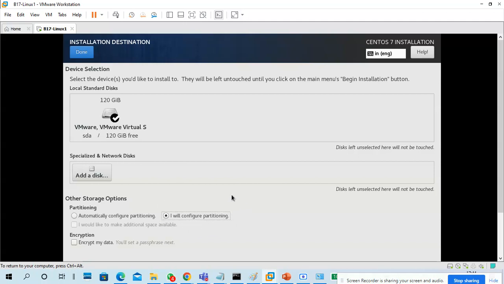Guys, if you accidentally selected automatically configure partitioning and click done and go for next, no problem. But we need to know how to do partitioning. That's why I said I will configure partitioning. Done.